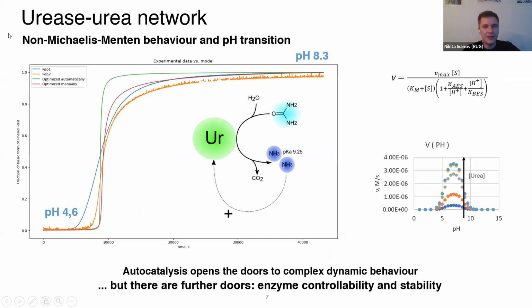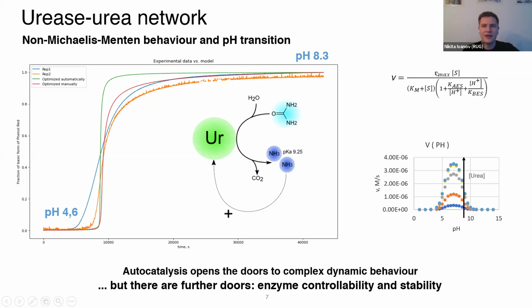And another system that's been long in development is the potential urease oscillator. So I hope I will explain this clearly, because this slide is key to the understanding of everything that follows. The molecule of urea is neutral. Basically, the enzyme urease catalyzes its hydrolysis, so reaction with water, to produce ammonia. Ammonia is a base. So as we start in an acidic medium, the ammonia produced increases the pH, and thereby it influences the activity of urease. Basically, we have the autocatalytic loop.